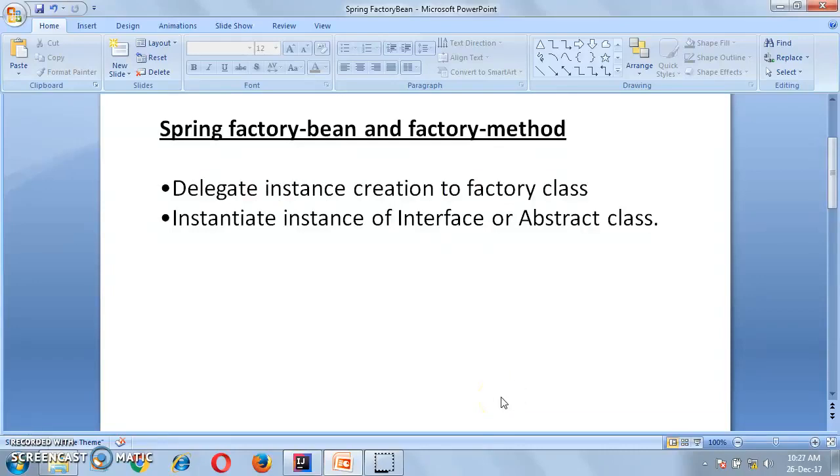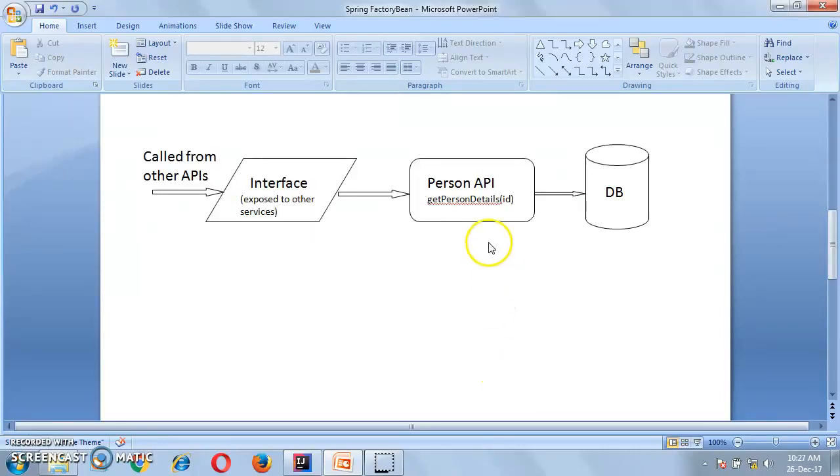Let's see a scenario. Suppose we have a person service that has a method getPersonDetails that returns the details of a person based on the ID passed. It fetches the details from the database, and this service is exposed to the outside world or outside APIs using the interface. Now, to call this person API, we need to have an instance of the interface.